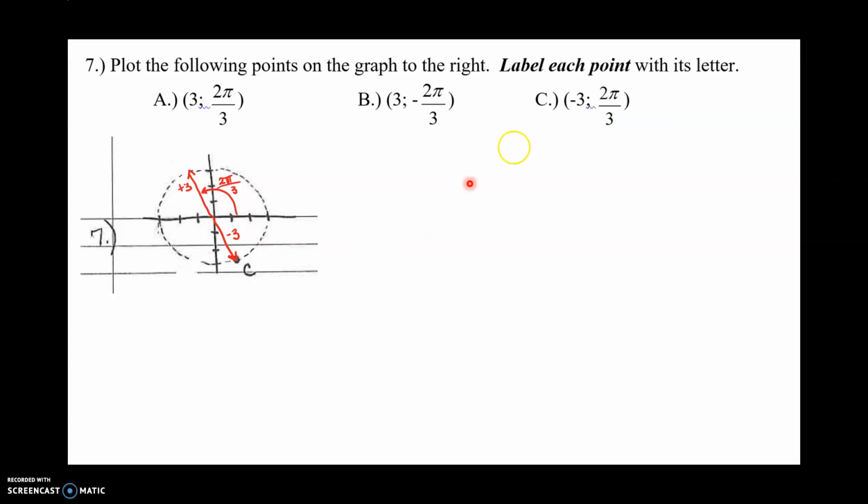All right, then for C, we had negative 3, 2 pi over 3. So again, if we go around 2 pi over 3 or 120, a positive 3 would go this way. So a negative 3 is going to go the opposite way. So negative 3 would be down here, and that would give us point C. So here's what those final 3 points would look like. Now remember, we had several different ways of coming up with different names for these polar points. And so you can always find the alternate names first and then graph whichever one